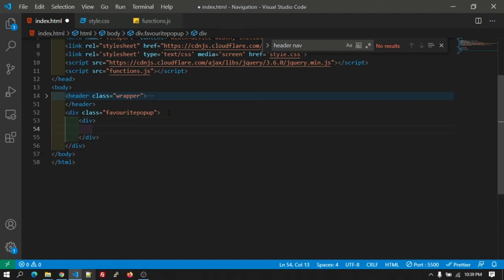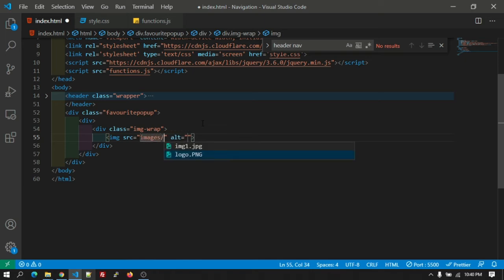Okay, so let's create one more div with class image wrap. Inside that there will be a shop image. Let's add the image tag and insert that image, the image one. Let's give the alt as shop name one.